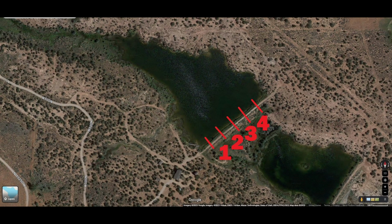So session 2 was on Eagle Lake. This lake kicked my butt. Last time I was there, I think I caught two fish on it. 3? I might have caught 3. Anyways,